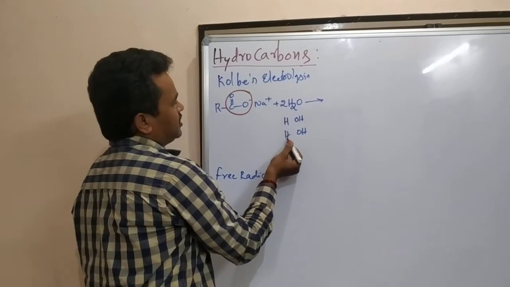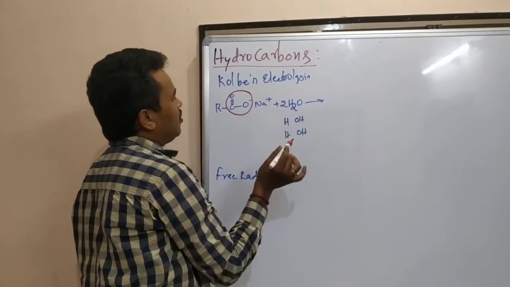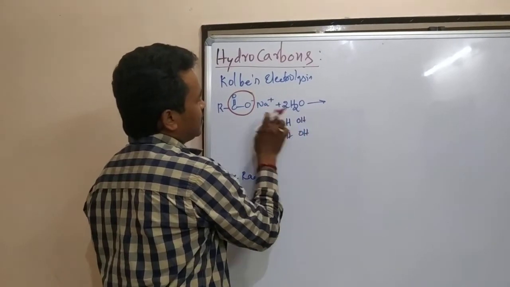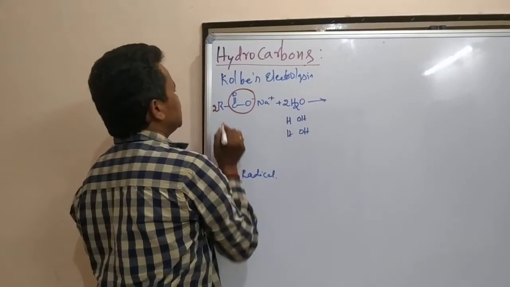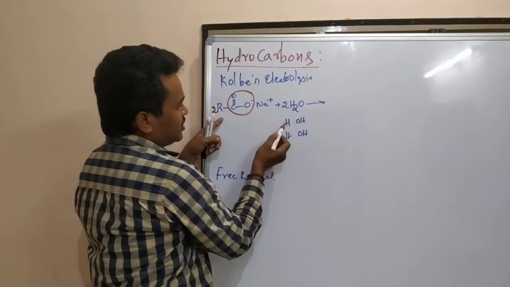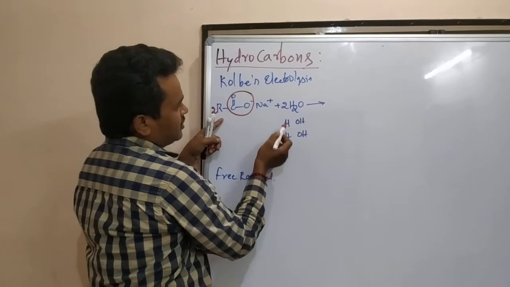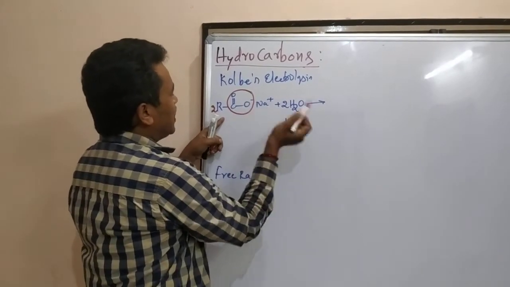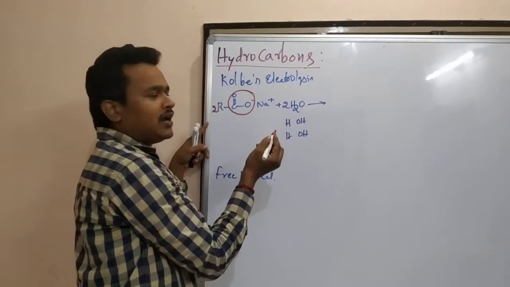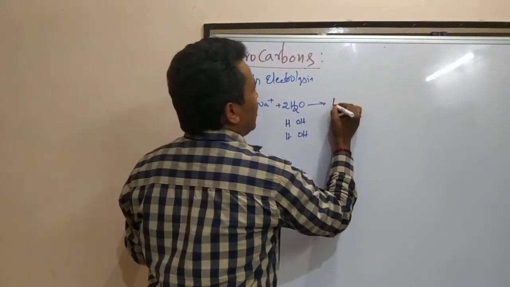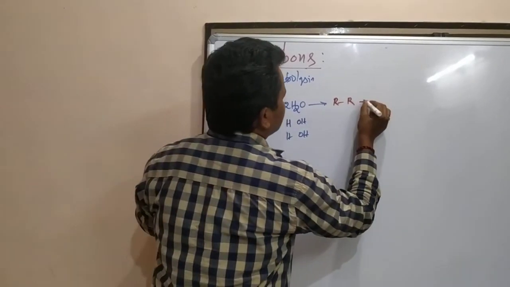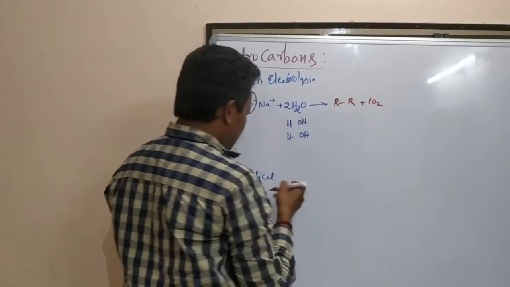H and H, so hydrogen gas coming out. NaOH, what is that? NaOH, and I am taking 2 times. This means what is coming now? 2 Na's are there, NaOH, NaOH. 2 hydrogens are there, H2 gas coming. What is the CO2 gas releasing? 2 R's are there, R radical. Both are combinedly giving what? 1 R plus 1 CO2.